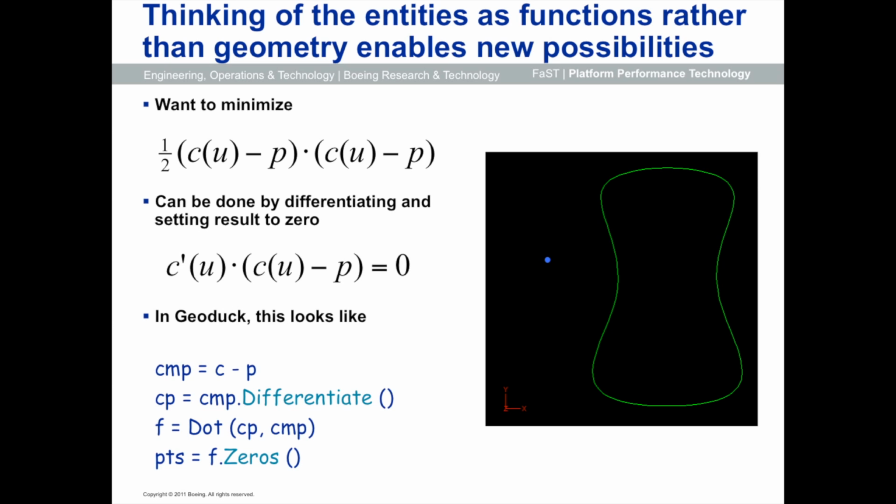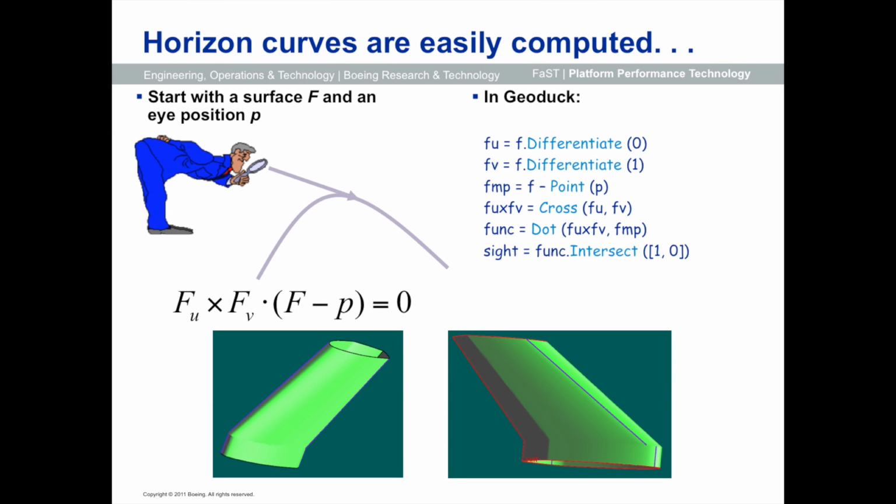Form the difference and the derivative of the difference, and take the dot product of those things. F is now going to be a spline function with one independent and one dependent variable, and then you call this function here to get the zeros of that particular function, and it gives you those 4 points right there. You evaluate the spline at those 4 points and pick the one which is the closest. And you'll also get the point that's farthest away and the whole bit. All right, that's pretty simple.